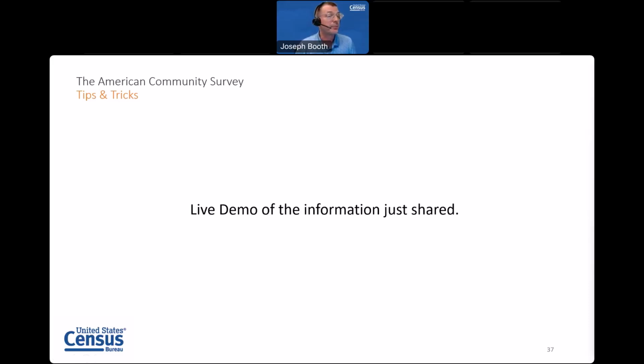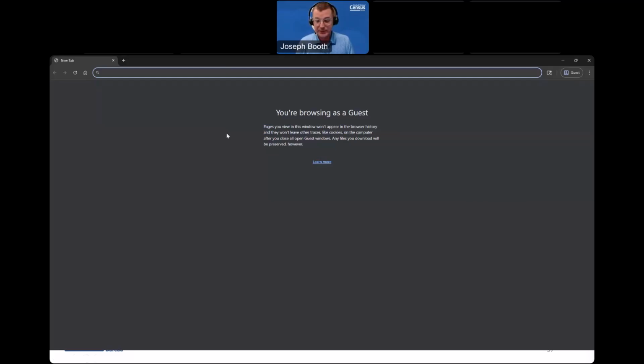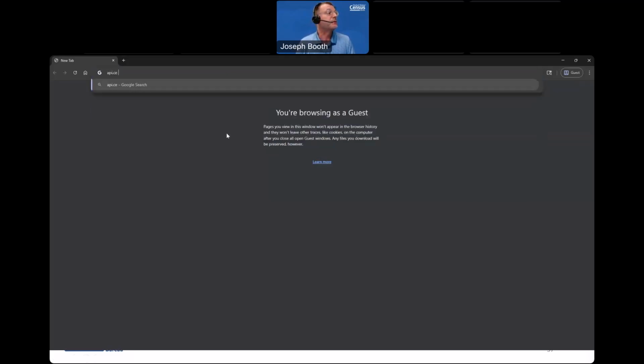So I'm going to switch over to my browser, and I'm going to type in on my address bar api.census.gov/data/ and now this is the year variable. This could be any year from 2005 to 2023. 2024 will be released later this year.